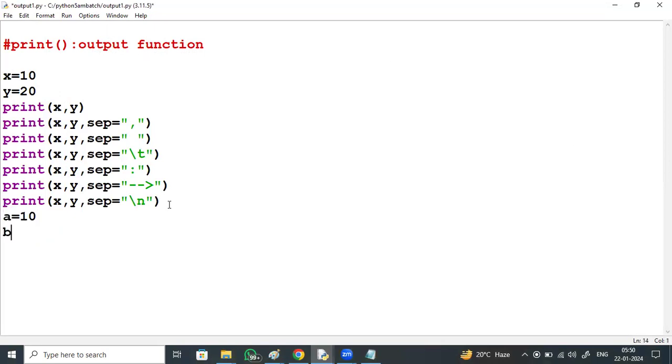A is 10, B is 20, C is 30. Instead of defining them in 3 different lines, can I define them in a single line? Is it valid? A has 10, B has 20, C has 30.